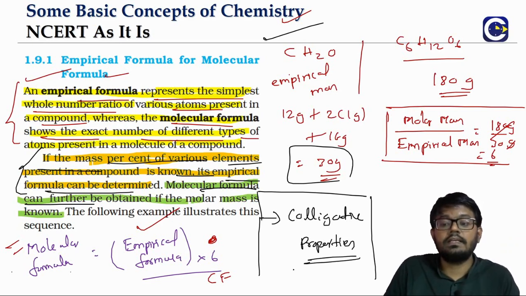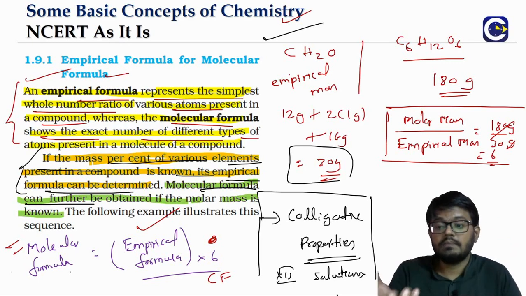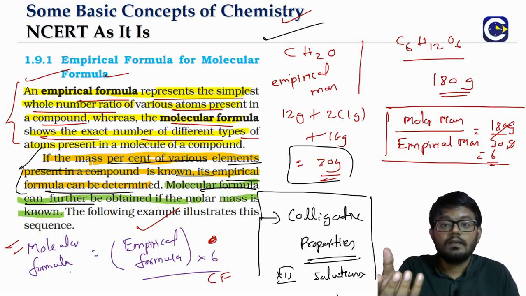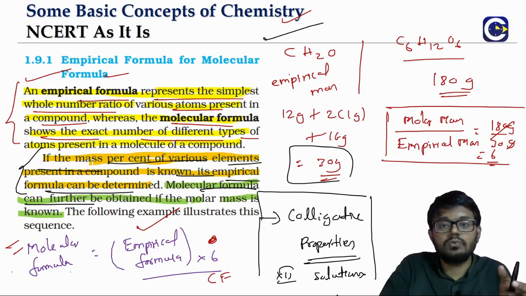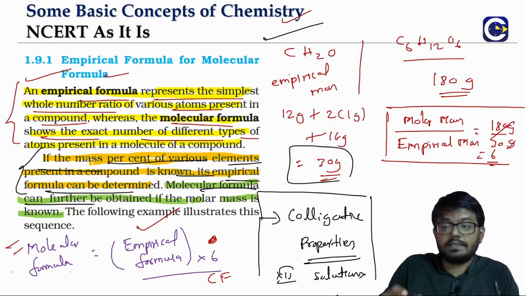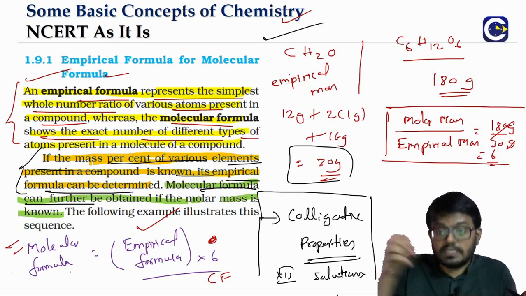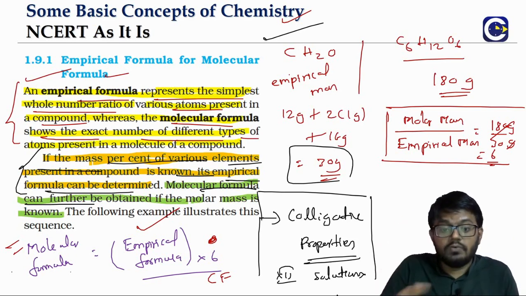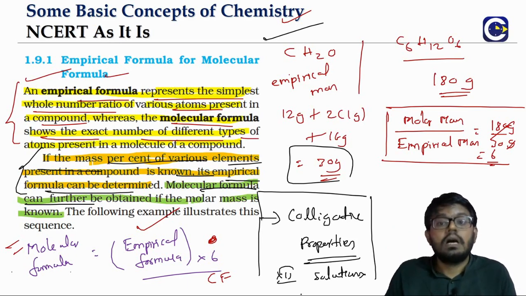We will get this in the +2 chapter on solutions, and we will talk about how we use the colligative properties. For example, some substance is given to me. Usually we measure the colligative properties for solutions, so I will make a solution using this substance. I don't even know what the solid is. When you measure the colligative property, I am not going to get into the details, but without even knowing the formula of the compound, we will be able to find out the molecular mass.